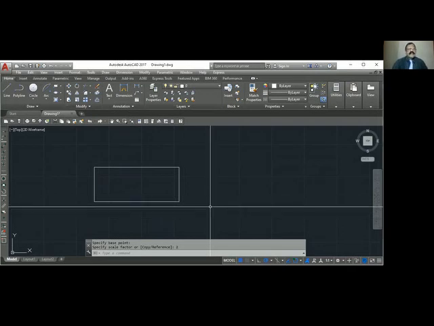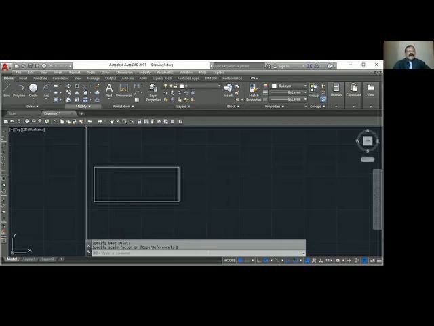Okay, so write down: scale, to increase or decrease the size of an object. Scale, select the object, show a base point, scale factor.